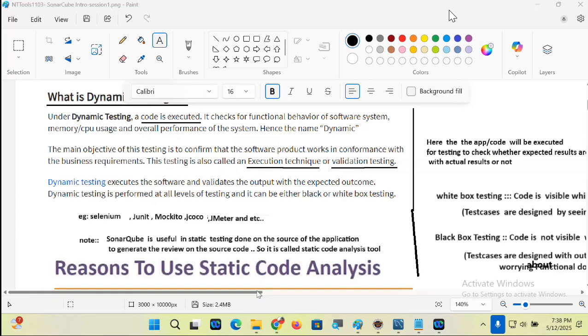Unit testing is always white box testing, right? Who does that? The programmer. The programmer has access to the code. If some test fails, he can modify the code immediately and we can run the test again with better code. But testers' testing, guys, is black box testing, because he will test and get the result.